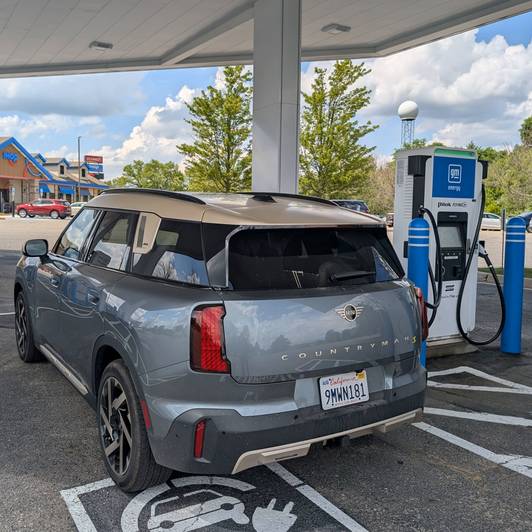Giving up after several failed attempts, I found a Shell Recharge station about 5 miles away with Volta chargers. Unfortunately, these were only 50 kilowatt units, and the card readers were non-functional on what appeared to be a new station. I had to download the app, which then took several tries before I was able to successfully verify the account and initiate the charging session. After letting the car charge for about 30 minutes while I got a cold drink and answered some emails at